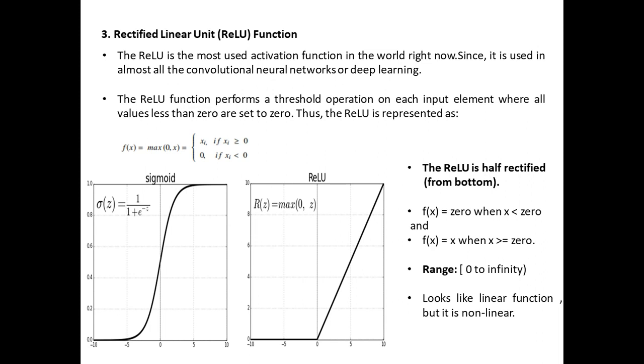The third type of nonlinear activation function is the rectified linear unit function, or simply the ReLU function. It is used in almost all convolutional neural networks and deep learning networks. This is the most used activation function in the world right now. Here the ReLU function performs a threshold operation on each of the input elements,